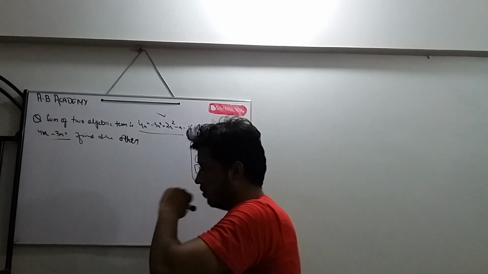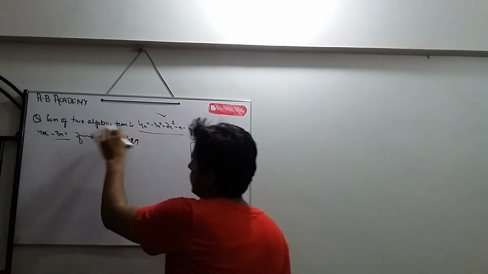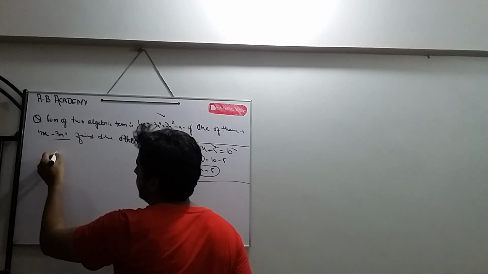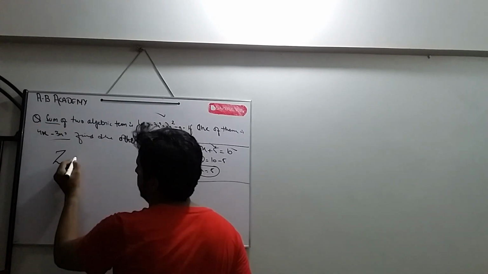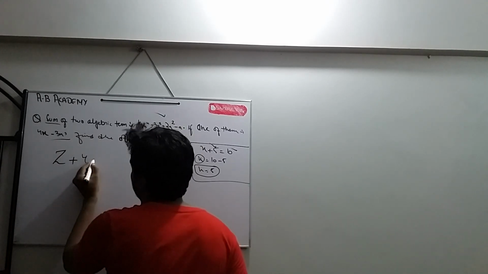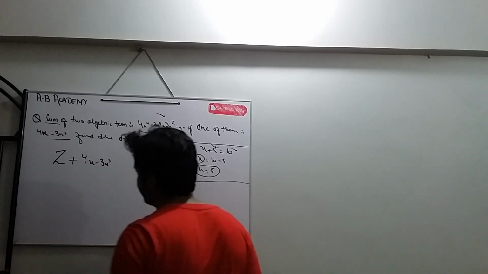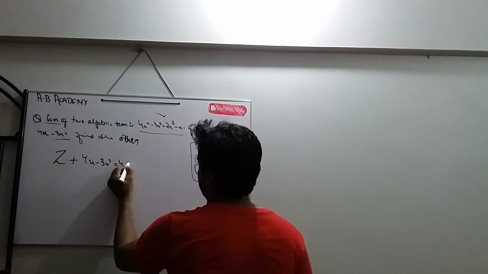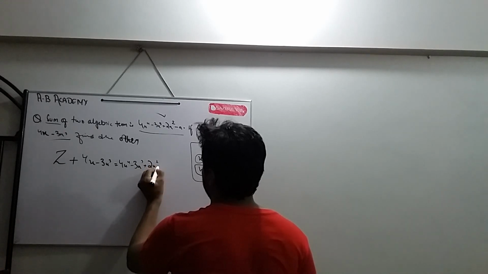Now applying this technique to this question, our question is full of x and y, so we cannot suppose anything x or y. We will suppose z. It says sum, which means z plus this value. This is one of the values, 4x minus 3x cube, is equal to 4x to the power 4 minus 3x cube plus 2x square minus a.